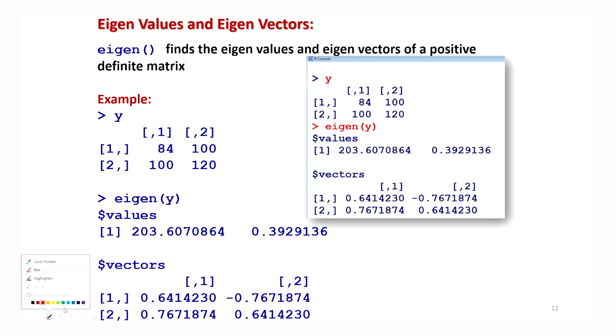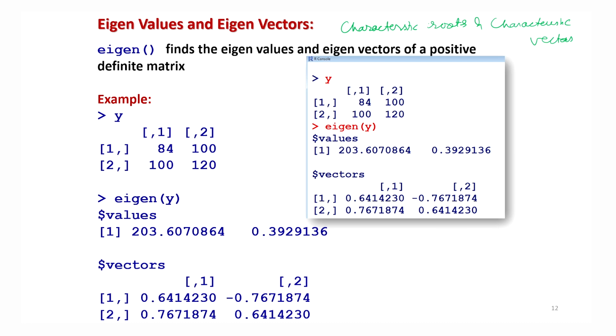and now let me try to give you one more concept, how to do it in the R software. I'm sure that you must be aware of the concept of eigenvalues and eigenvectors, which are also called characteristic roots and characteristic vectors. Right. Now these are going to be useful when we are trying to do multivariate analysis, particularly when we are trying to do principal component analysis later on.